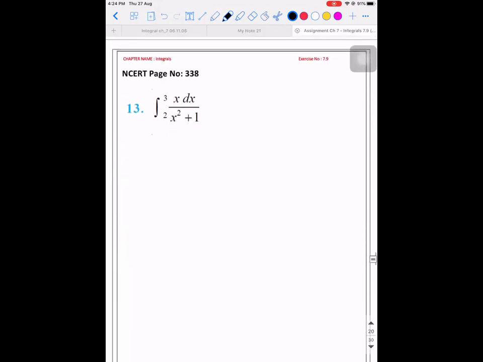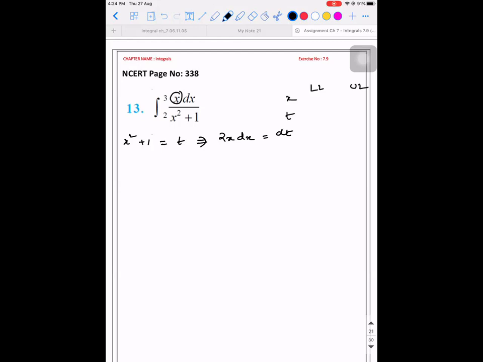So integral of x divided by x square plus 1. So what can you do? Substitution method. Put x square plus 1 is equal to t. Why did I get the idea of x square plus 1 is equal to t? Because the numerator is having an x. So 2x into dx will be equal to dt. Lower limit, upper limit,